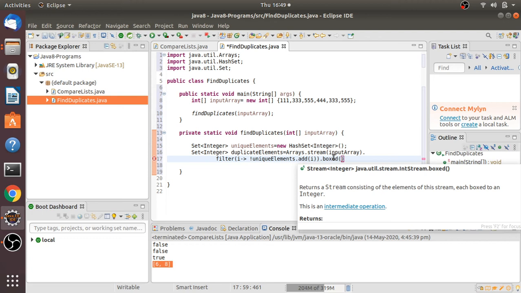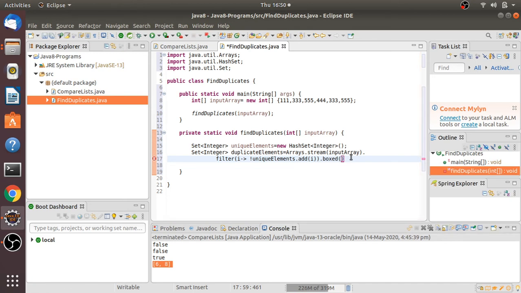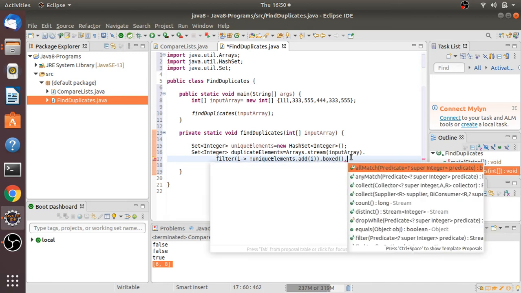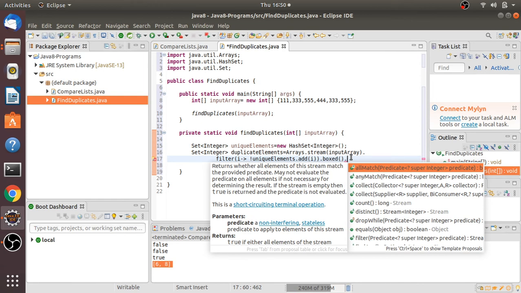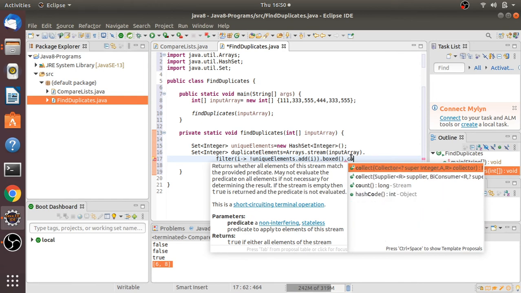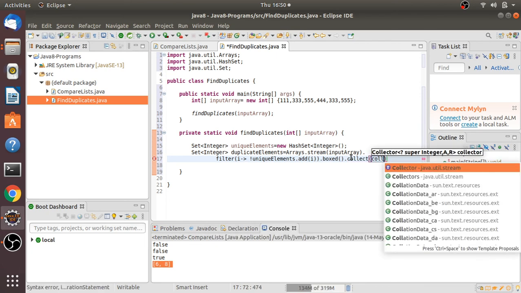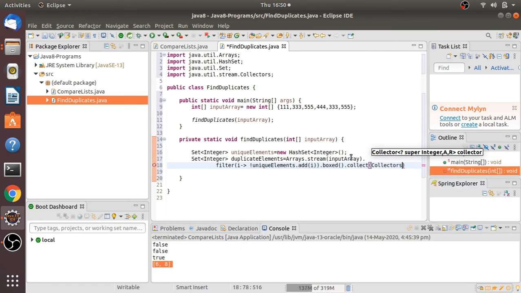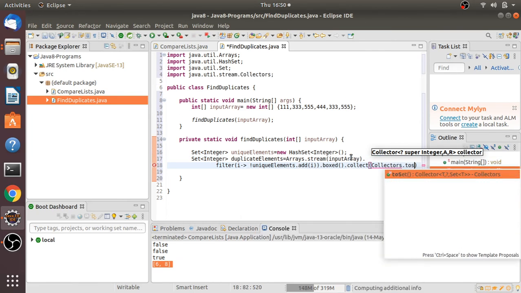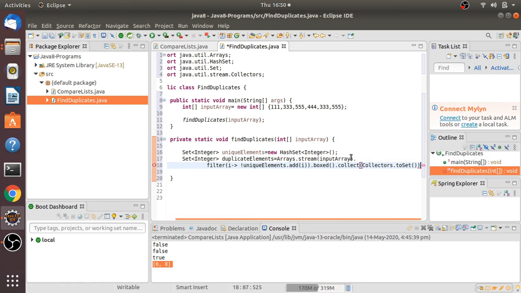So basically each boxed to an Integer. Then boxed dot, and I need to convert into a set, right? Finally collect and Collectors.toSet, that's it.